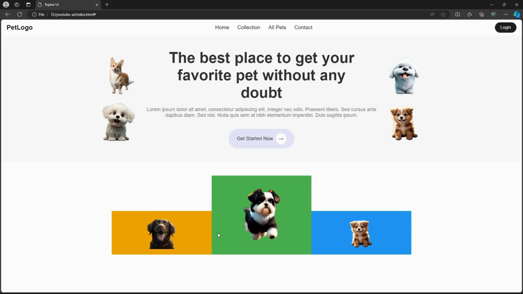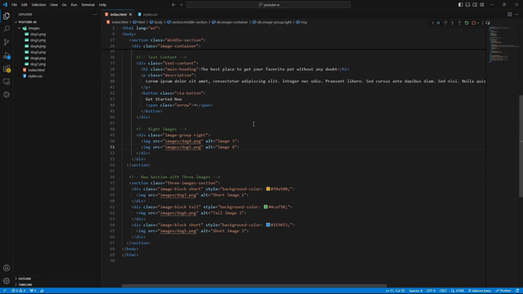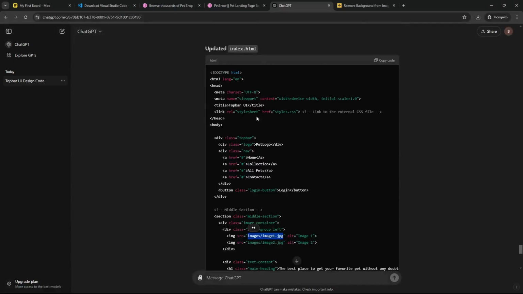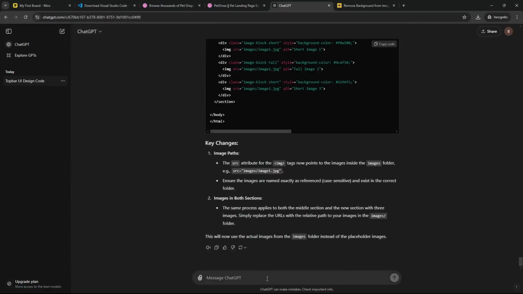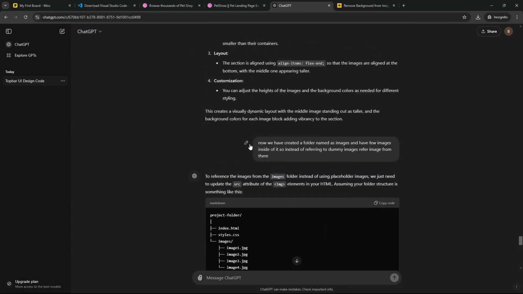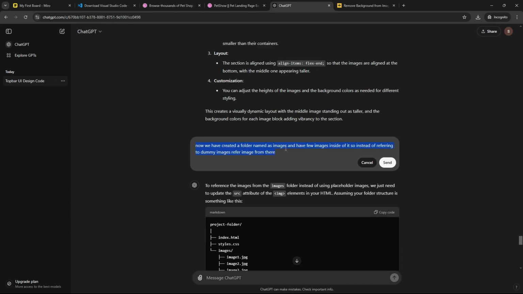Okay, so I think we need to add some margin in between these 3 and also make this image big so that it looks like it's coming out of the image. So let us go to ChatGPT. Now let's not do the changes here. Let's actually do the changes directly here, because it needs to have the reference of the previous values. So instead of it creating everything again and again, what we can do is